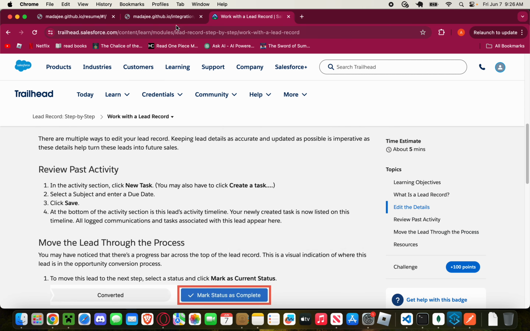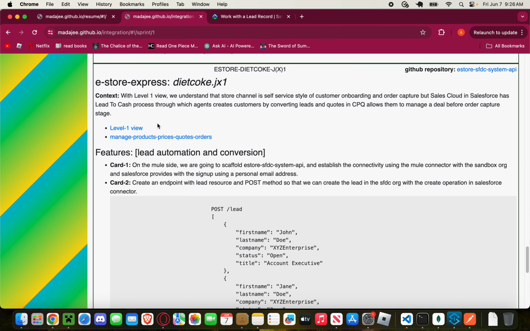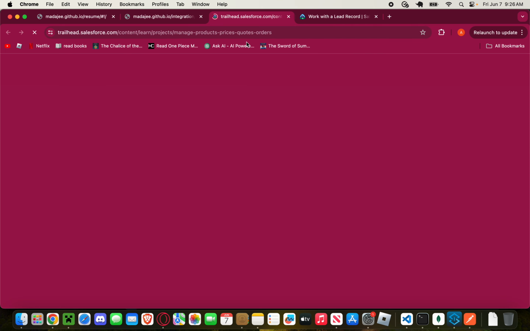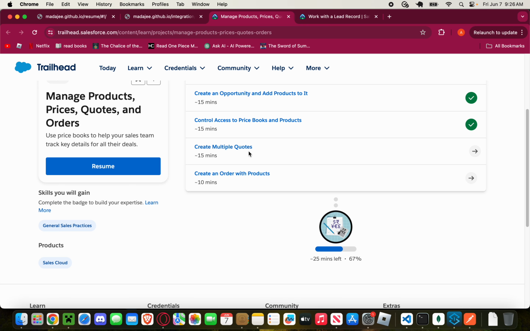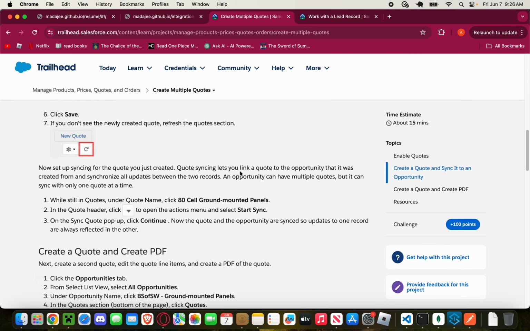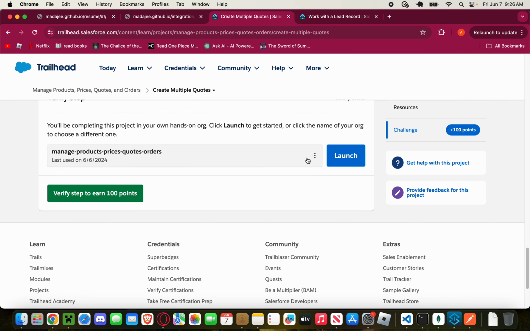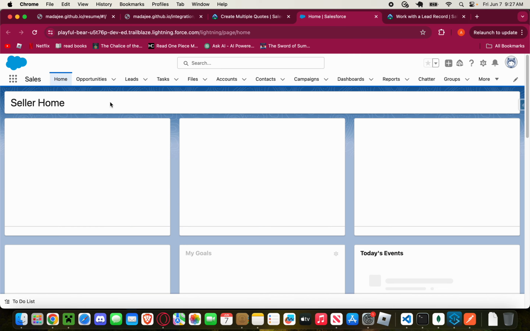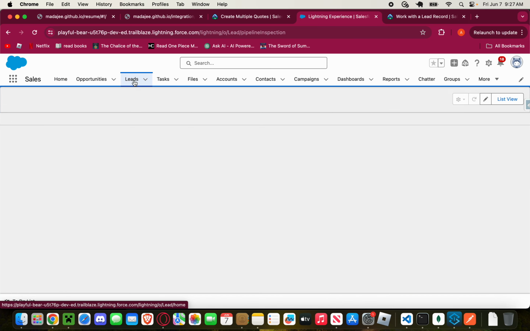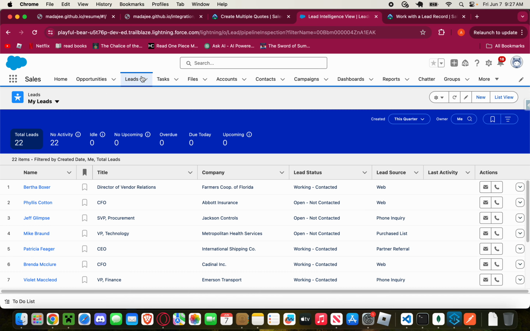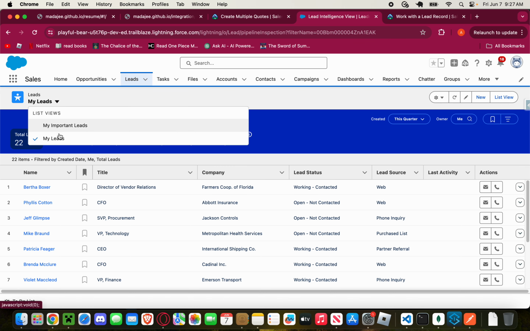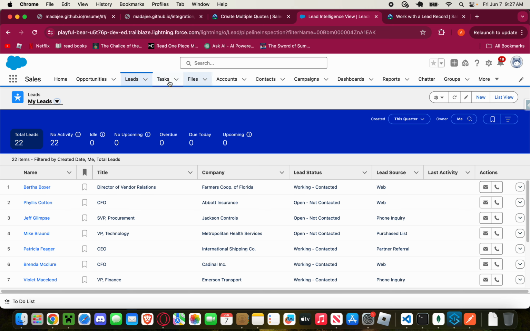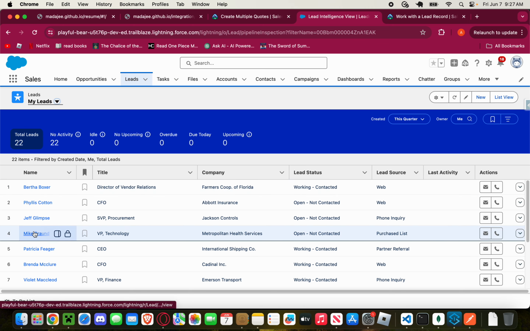But let's see if we start on the Trailhead playground that I have created for automation. Then we see there is a lead tab, and we can see my leads, and we can click on a few leads